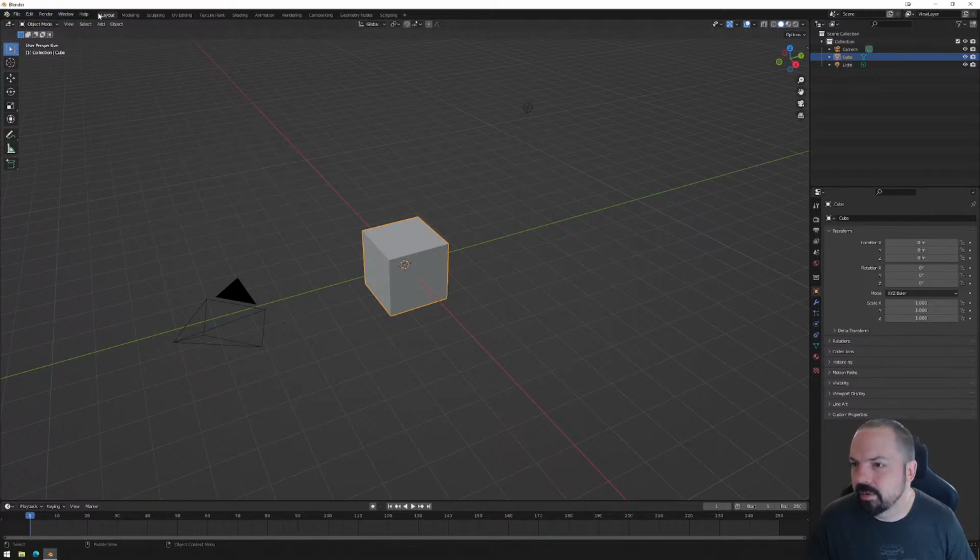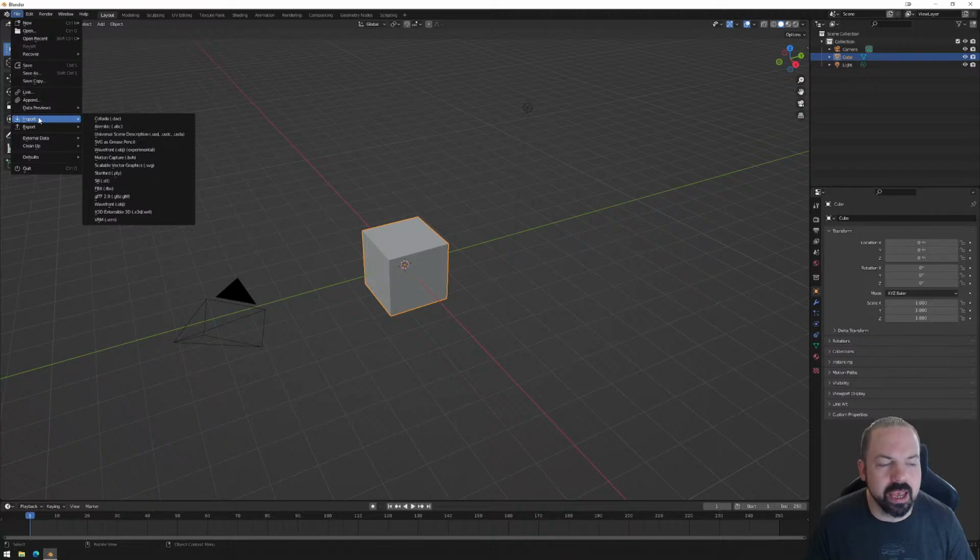Up the top you have some basic menus, of course. Once again, don't use most of them. I might use undo, which is Control Z. File, definitely. So if you're using FBXs or OBJs or any of those sort of assets, you would go import